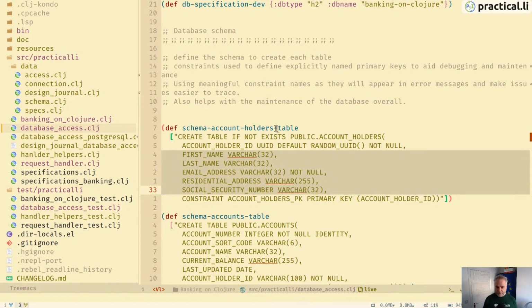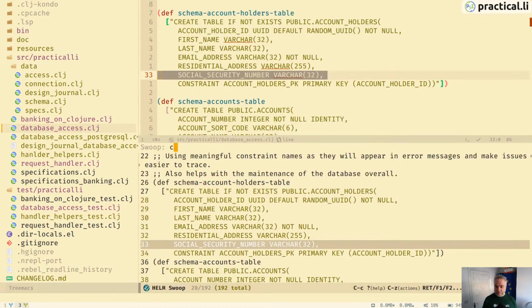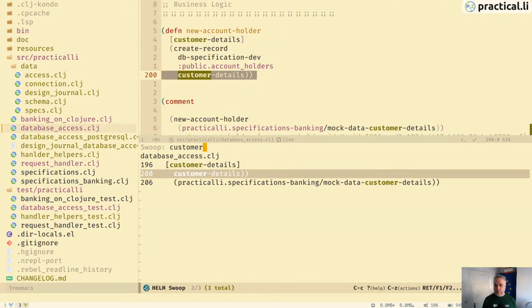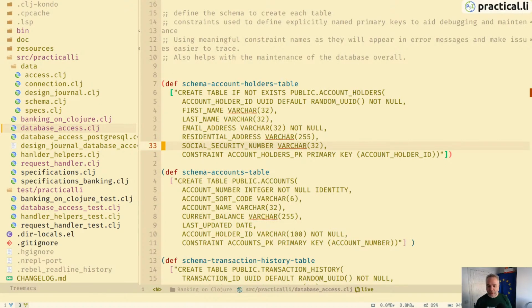I had that defined as a spec as a customer details, but the only real difference between customer details and account holder was this ID,